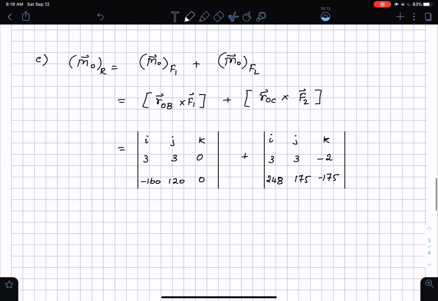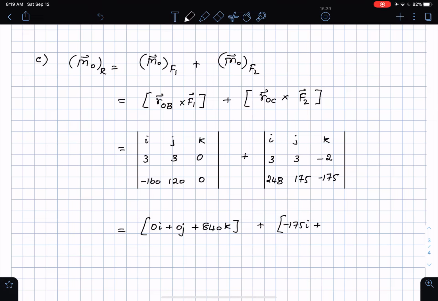Okay, and if I do the cross products, this first determinant is going to give me the following cross product. I will be posting a document on how to do determinants and so on, and I'm pretty sure that most of you have done it before, so this is not a surprising thing, hopefully. That's the determinant for the first one, and then the second one is going to give me